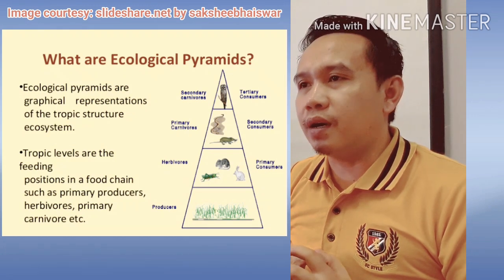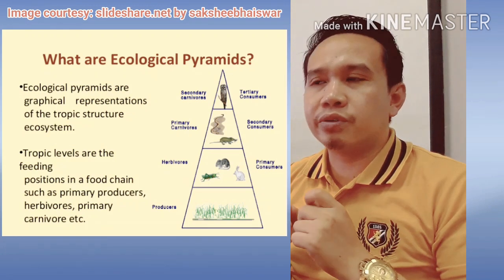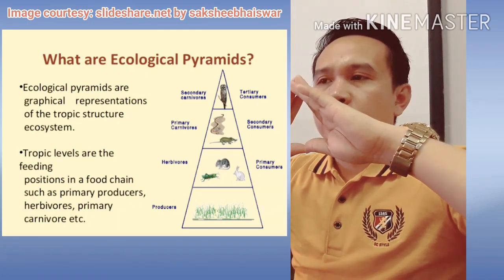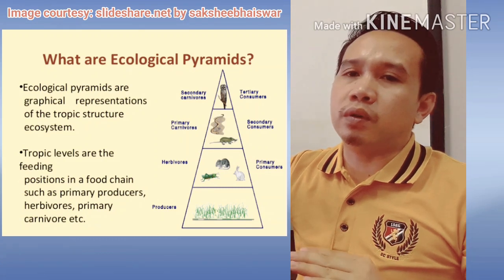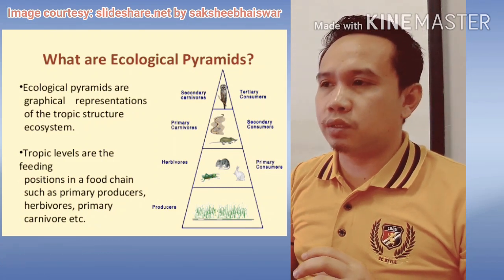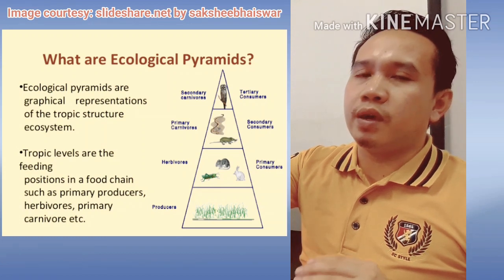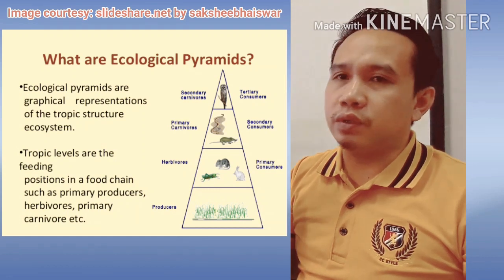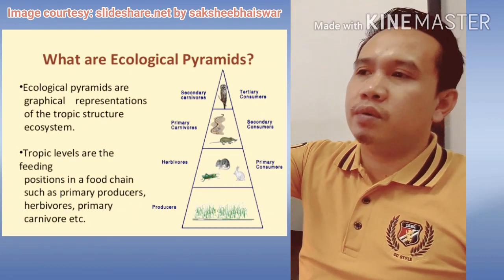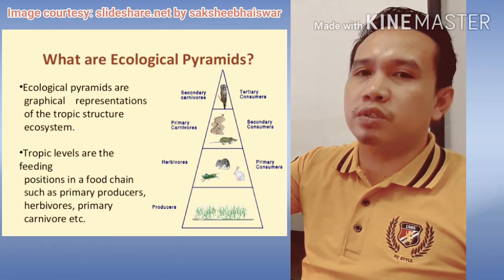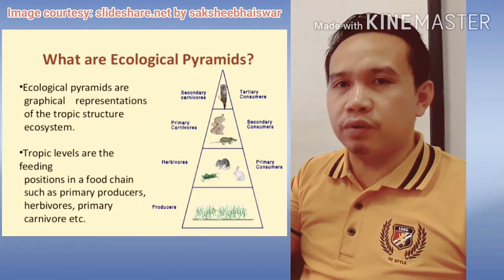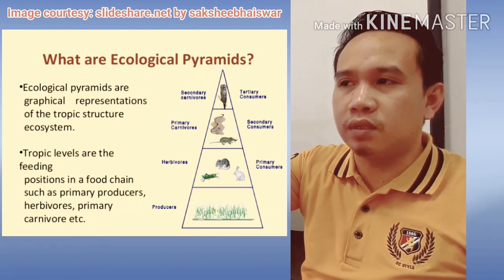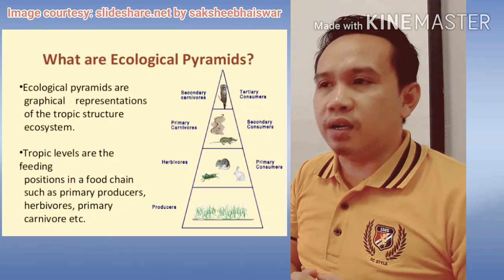This time we will talk about the ecological pyramid. Let us try to analyze this table about ecological pyramids. At the bottom part, there is what we call producer, okay, mainly the plants. Second step, we have primary consumers, which we considered as herbivores. Next stage, we have secondary consumers, which we considered as primary carnivores. Last step, or at the top, we have tertiary consumers that we considered as secondary carnivores.